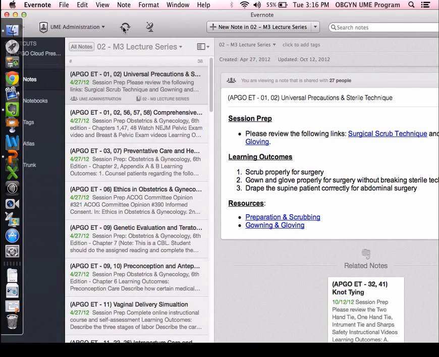Now remember I said how easy it is to use this contact information. If I want to send Dr. Delahunty an email, I just click on that link, it pulls up the email application. If I want to call him, which I won't, but we'll just click his office number here, it's going to pull up and call him. So we've literally just made it a lot easier for our students in this respect. So now we did make this note